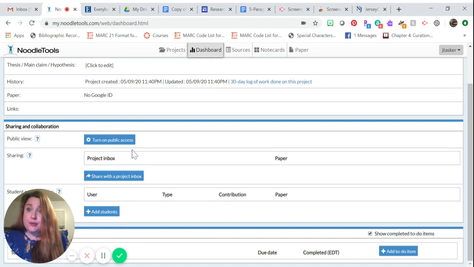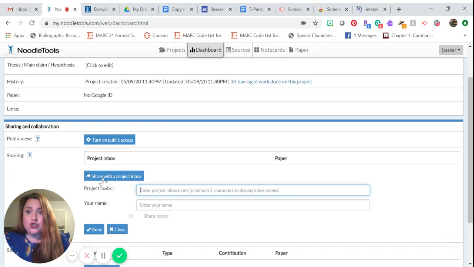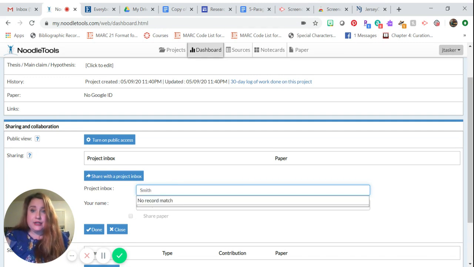However, one thing we will be doing tonight is sharing this project. You will be sharing this project with your US2 teacher. That is how homework checks will be performed, and she will be able to give you feedback and help you along the way, along your note-taking journey. So click on Share with a Project inbox. First, you'll type your teacher's name and then the title that she has made for her project inbox, which is US2